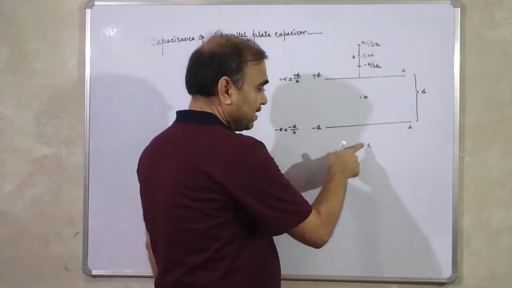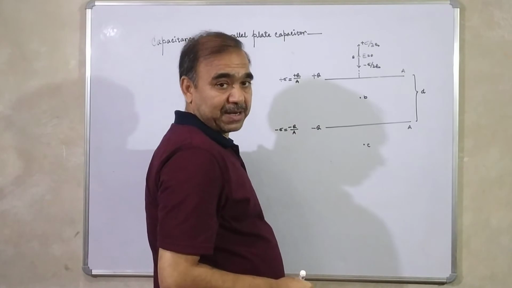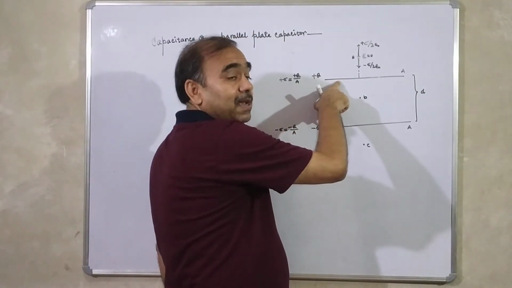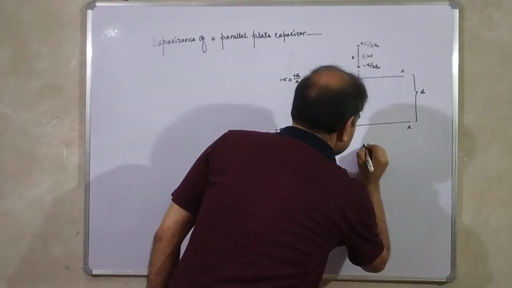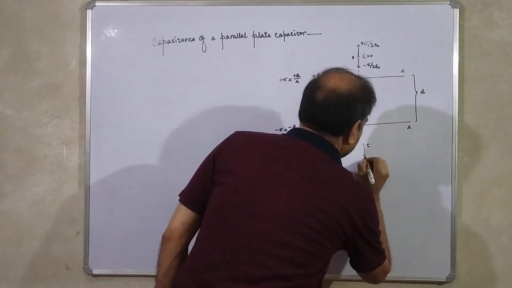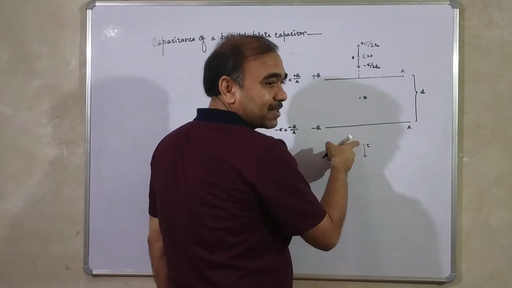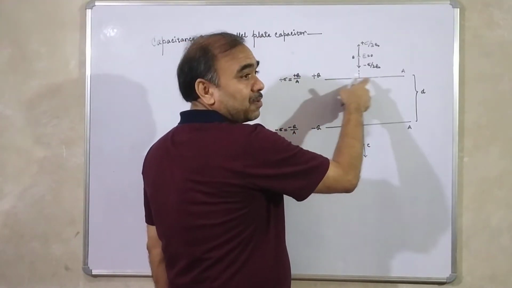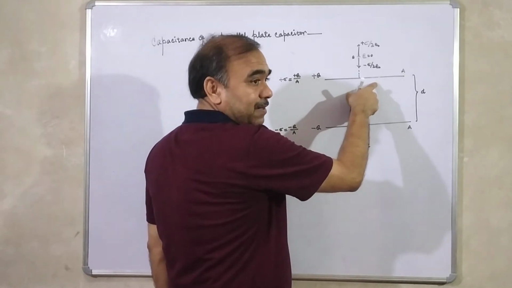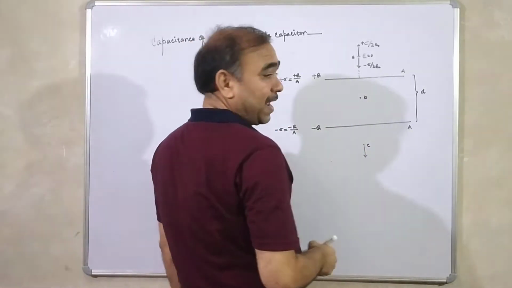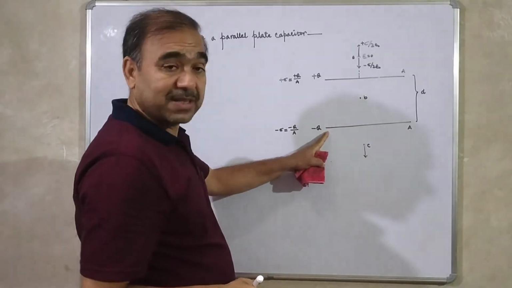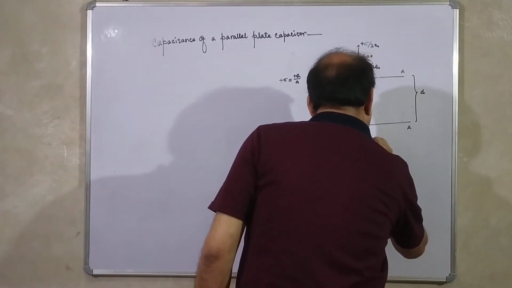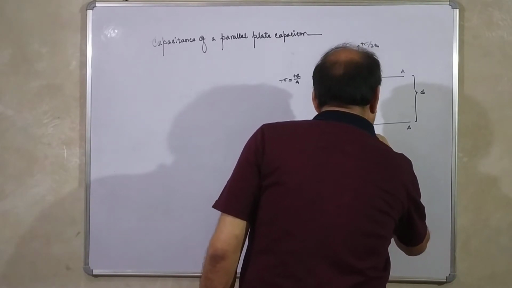Similarly, this point is also exterior to the plates of the capacitor. Due to this plate, the electric field will be along this direction. If it is extended backwards, it will be perpendicular to the first plate. Right? And the electric field due to this negative plate will be along this, perpendicular to the plate but towards it.